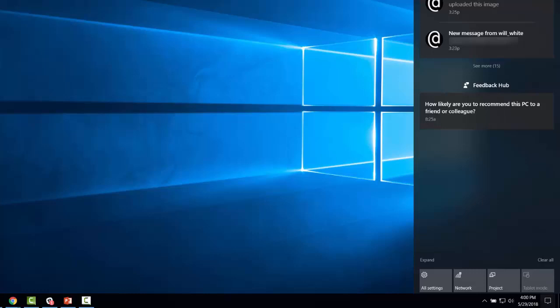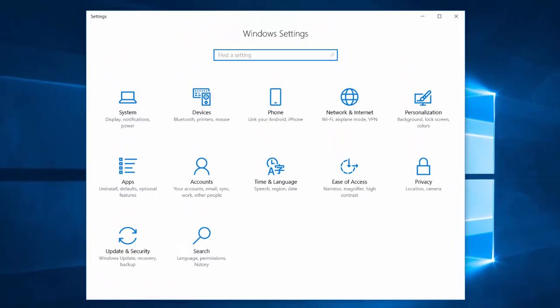You can also change the quick settings for the operating system and choose which ones are available to you from here. To do so, click All Settings to open the settings window. These settings can also be accessed through the Start menu via the Settings app, if the machine you're on does not have this tool activated in this location.